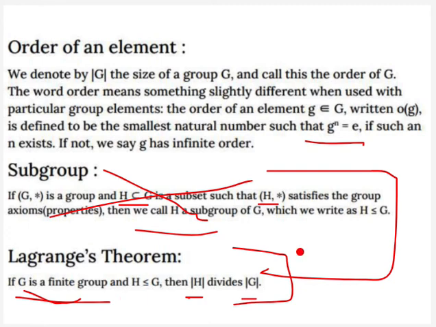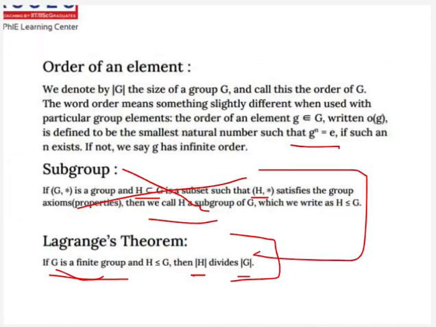With this theorem, our group theory is over. Group theory is actually a relatively easy chapter, because all you need to know are 5 properties: closure property, associative property, identity element, inverse element, and commutative property. Once you know how to find these 5 properties, you can easily solve all the questions in group theory.